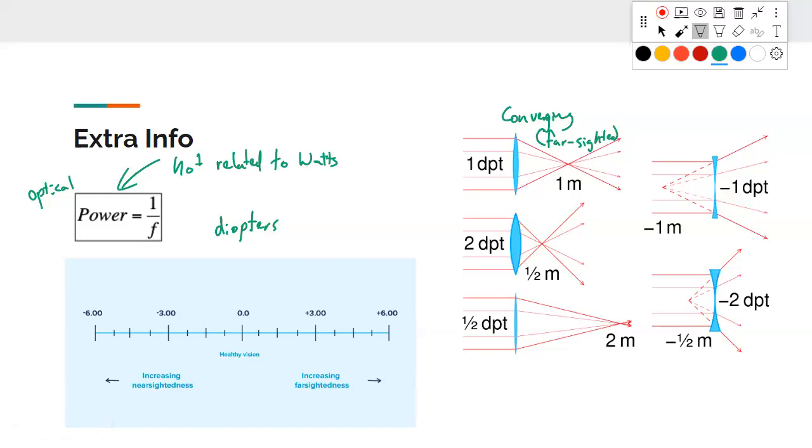However, if the lens focuses the light more closely, we would say that's a stronger lens. It's able to bend the light more, and so that would have a larger power, 2 diopters. If it bends the light less, it has a longer focal length, and we would say that has a smaller power, 1/2 diopter. And then similarly for the diverging lenses, which is what I have to have in my glasses